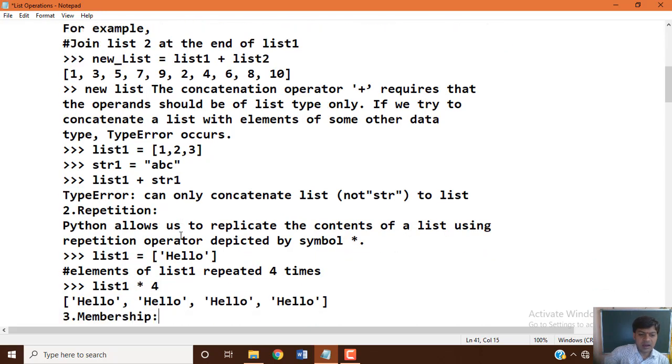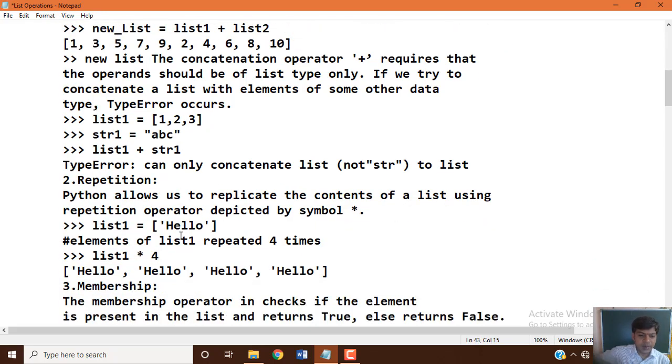Whenever you want to have repetition of your list data items or values multiple times, if you want to print the same value multiple times, that is what we call repetition. So how can we do the repetition? By multiplying using the asterisk symbol. That asterisk symbol is nothing but the multiplication operator when you work with computer operations.